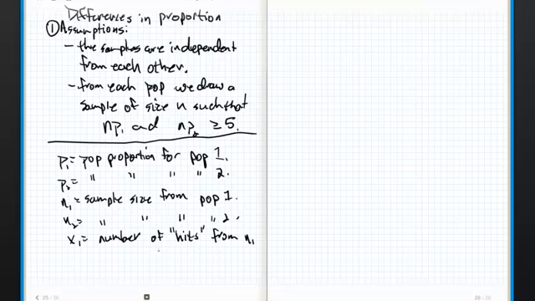X1 would be the number of women that said, yes, I favor candidate A. X2 equals number of hits from N2. Easy peasy. So I know that P1 hat equals sample proportion for population 1, and P2 hat equals sample proportion for population 2. Okay, so